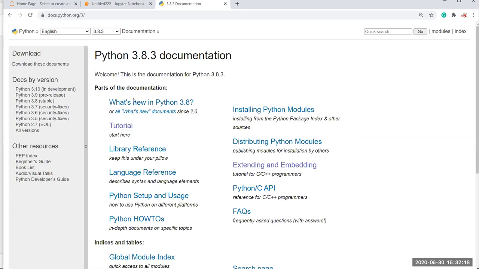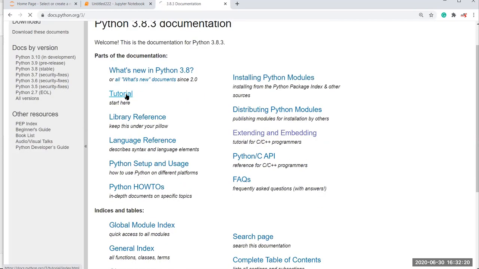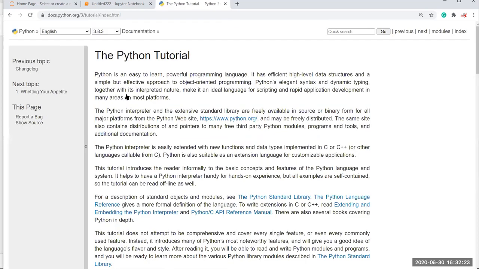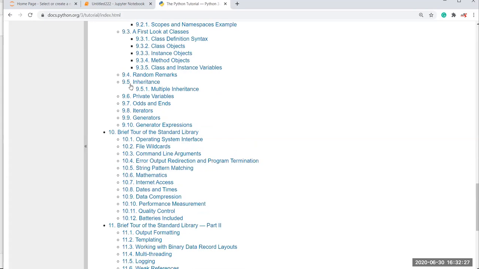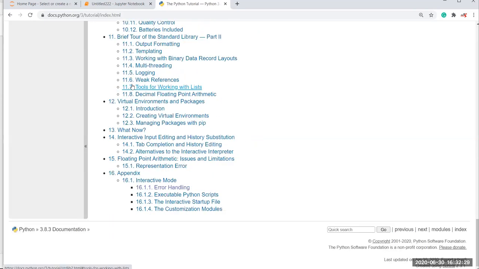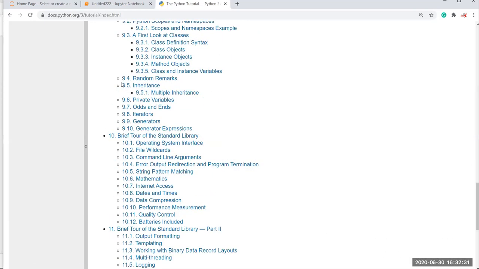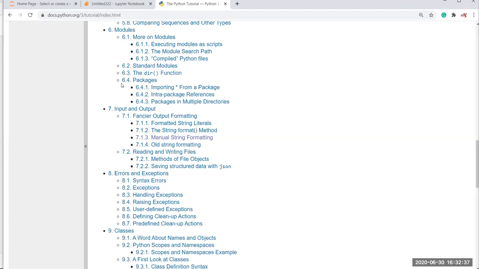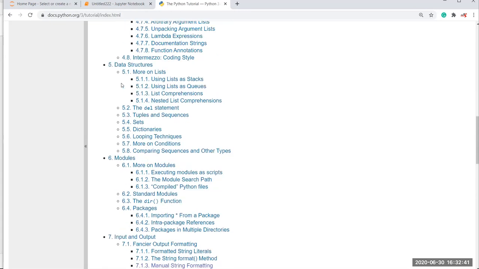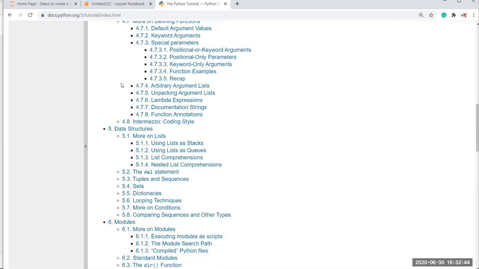Here you have to click on tutorial. Now you can find everything about Python 3.8.3: what the data types are, what the data structures are, what the advantages are, and what updates they have newly added. So you can find anything about Python here.